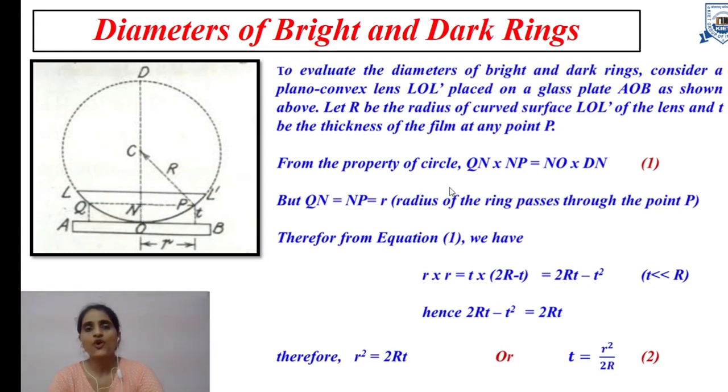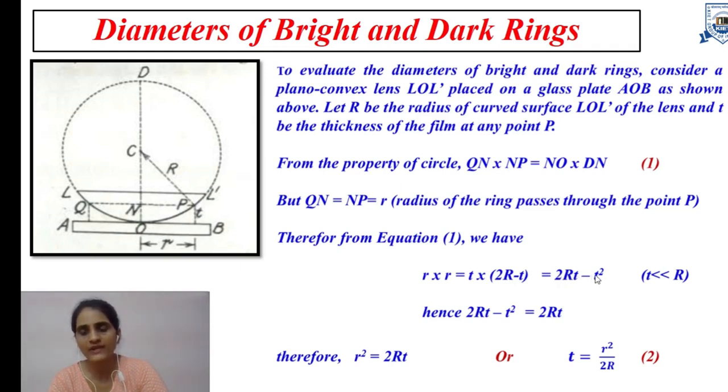So I will substitute all the values of Qn, Np, N0 and Dn in equation 1. Qn is r, the radius of the ring, Np is again r, the radius of the ring, N0 is the thickness t, and Dn is twice capital R minus t, where capital R is the radius of curvature of this plano-convex lens. If I multiply this out, this becomes twice capital R t